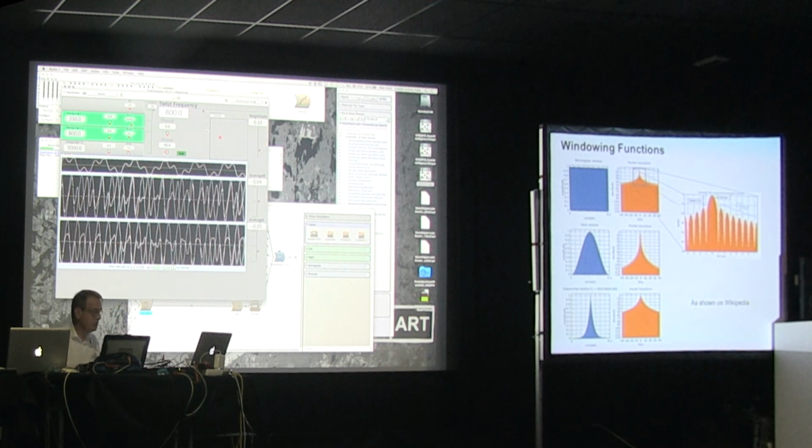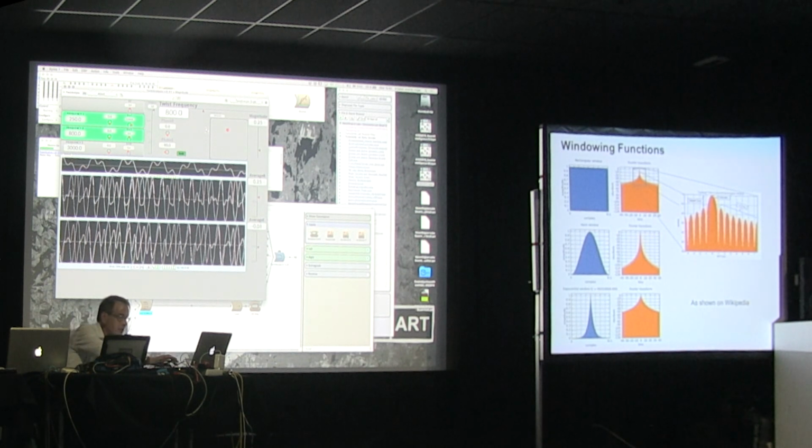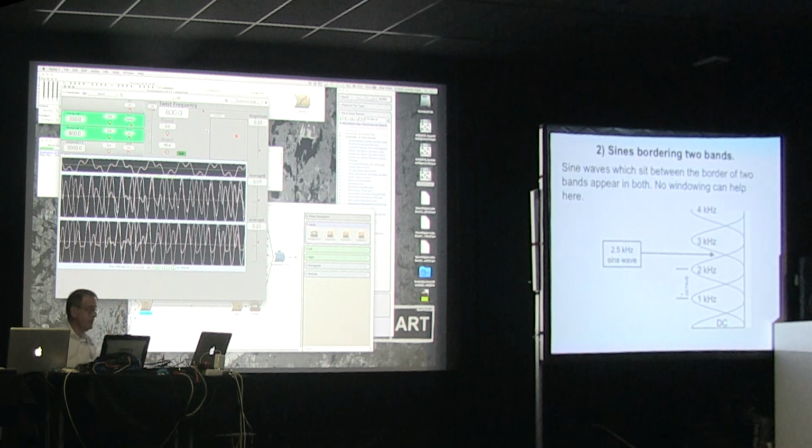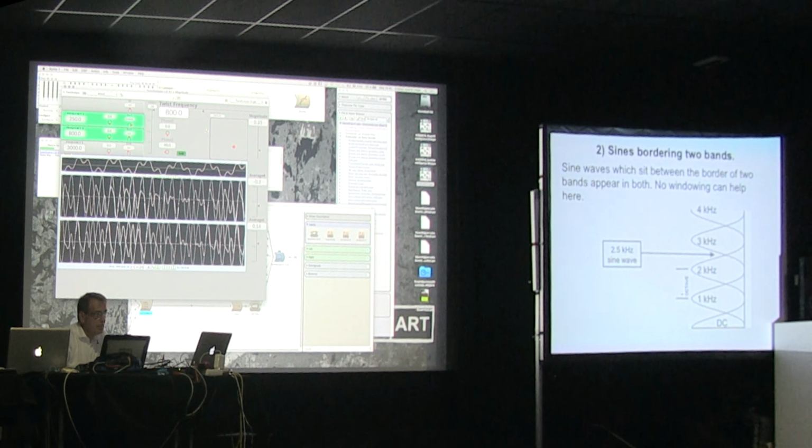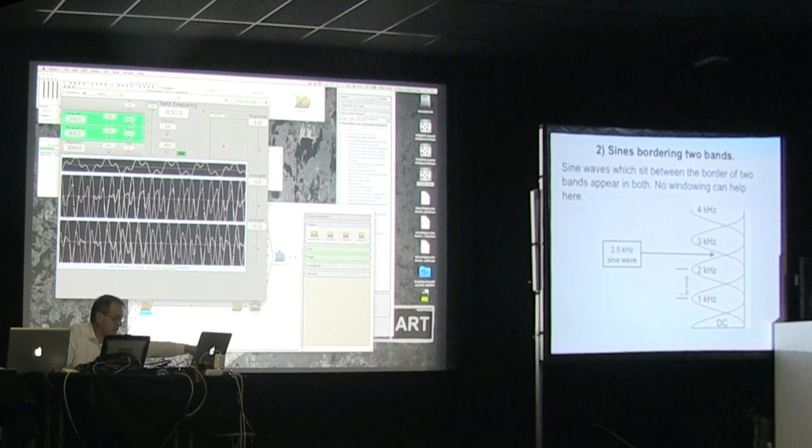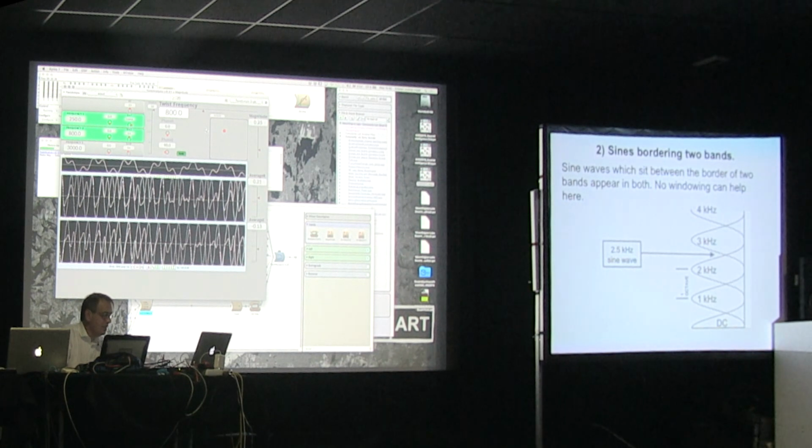So an exponential window is not really that good, even though it's got some nice features to it. Well, that's the windowing problem. The second problem was if we have sine waves that are actually in the middle of 2 bands. Now that's not going to be uncommon because between our first 2 bands is actually 1 octave. So the chances of having sine waves falling between 2 bands,